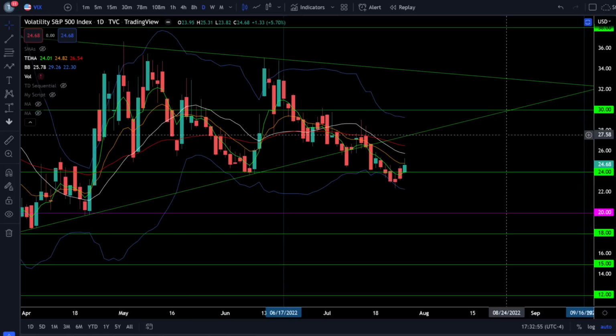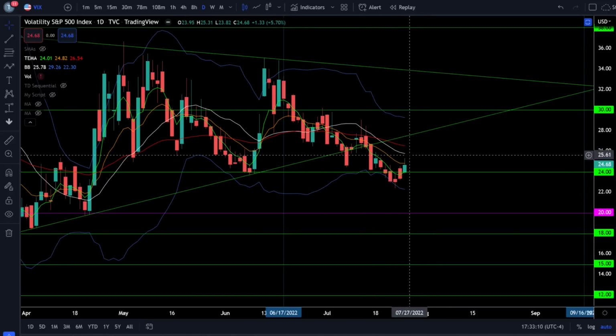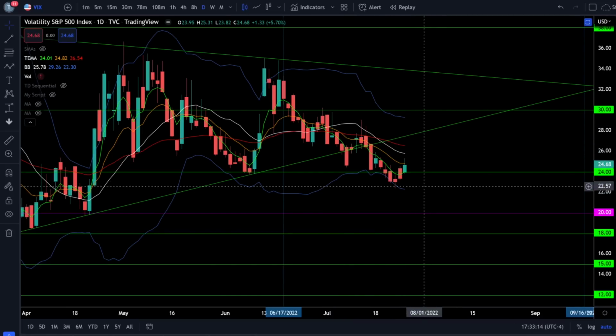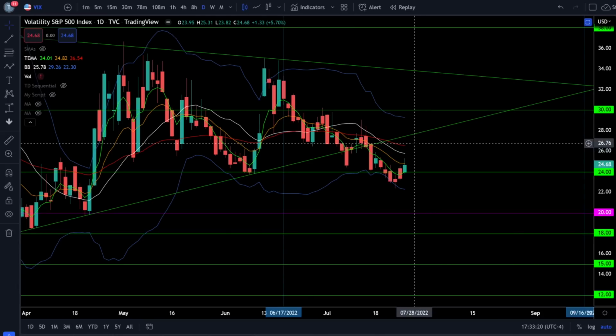On the VIX, we were up 5.7% as the VIX did close back over 24 today, and we do see the VIX starting to bounce. However, do keep in mind the VIX is still in a bear trend, and a bounce to a lower high is still going to keep the VIX in a downward trending channel, which means the VIX could still be trending down towards 20. For that reason, we only want to get more bearish if the VIX starts breaking out above